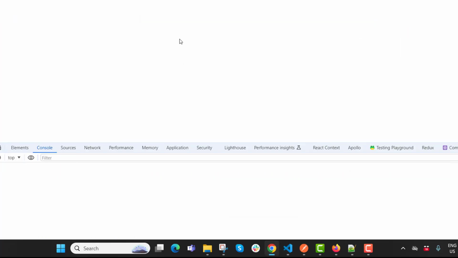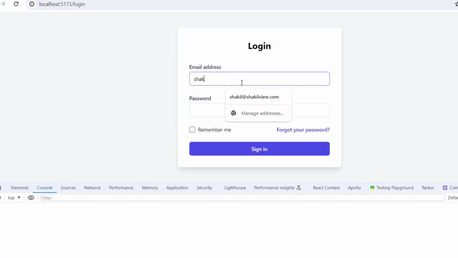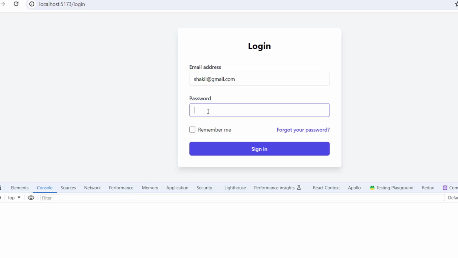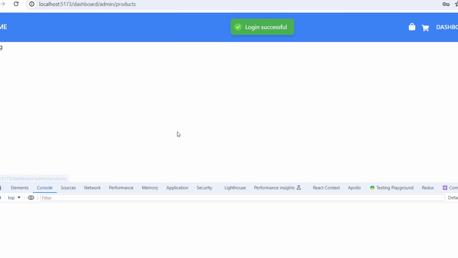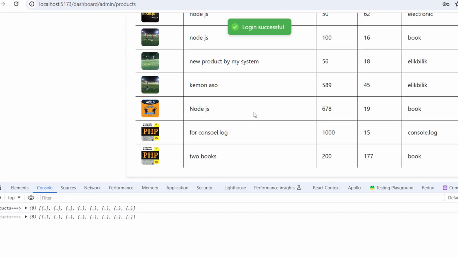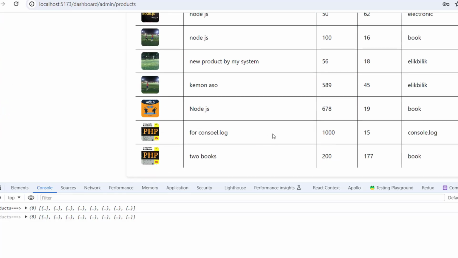Okay, so I am getting the image from the uploads file. So it's redirecting, logging out will solve the issue. Okay, we're getting every product's name, price, stock, category,